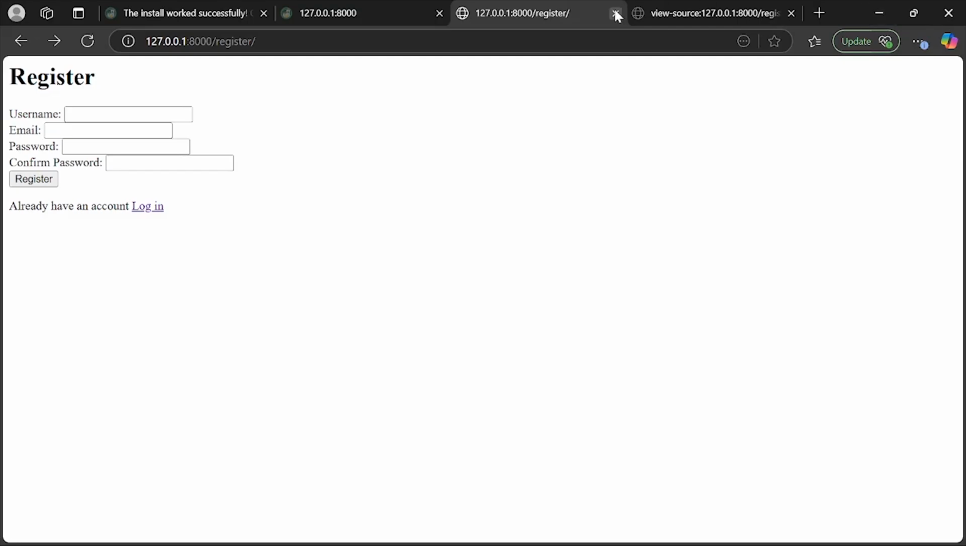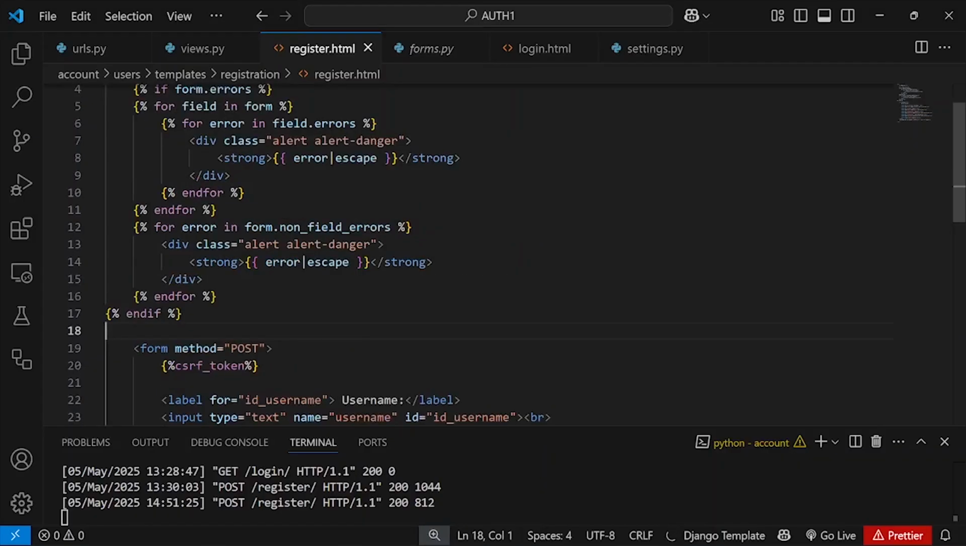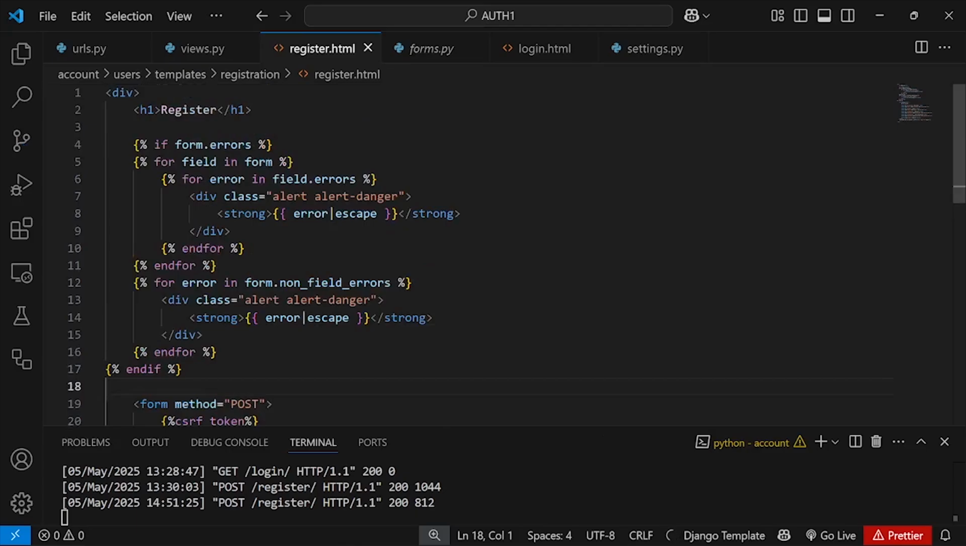So now I'm going to paste the code to catch the errors. If I go back to my Visual Studio Code, I'm going to paste the code right here. This code says that if there is form.errors, for field in form, for error in field.errors, it should display the error, although this is a bootstrap class. Since we are not using any design, let me just remove this, and let me remove this as well. So this is going to catch the error. If I save this and go back to my browser,